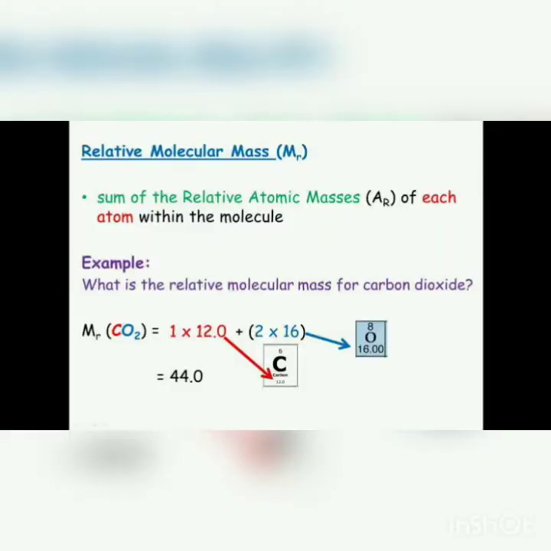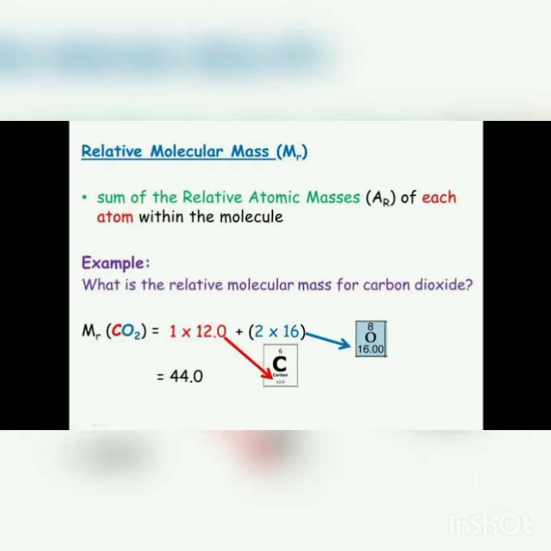Here we have one more example. We have to find the molecular mass of carbon dioxide. According to the formula CO2, there is one atom of carbon along with two atoms of oxygen. So the mass of carbon will be multiplied by 1 only, plus the mass of oxygen will be multiplied by 2, as you can see from the slide. After solving it, we get 12 as carbon's mass and 32 as oxygen's total mass. So when we add these two, we get 44 as the molecular mass of carbon dioxide.